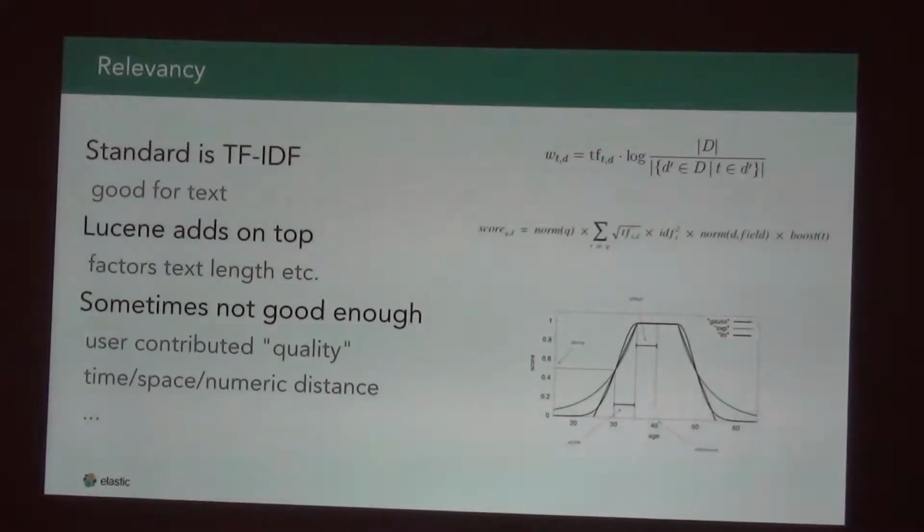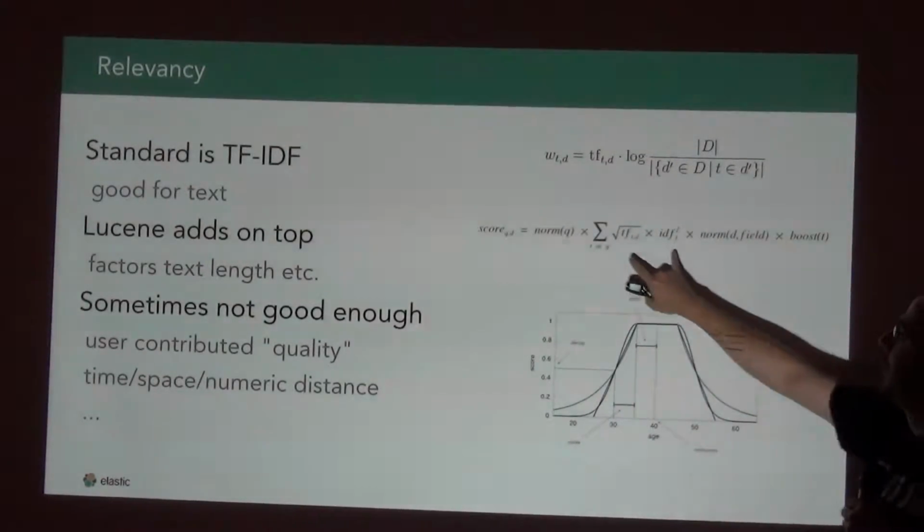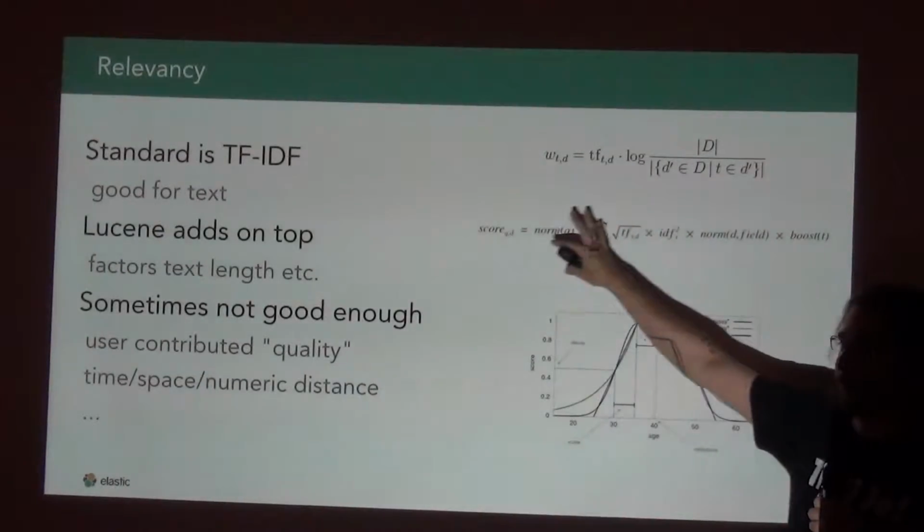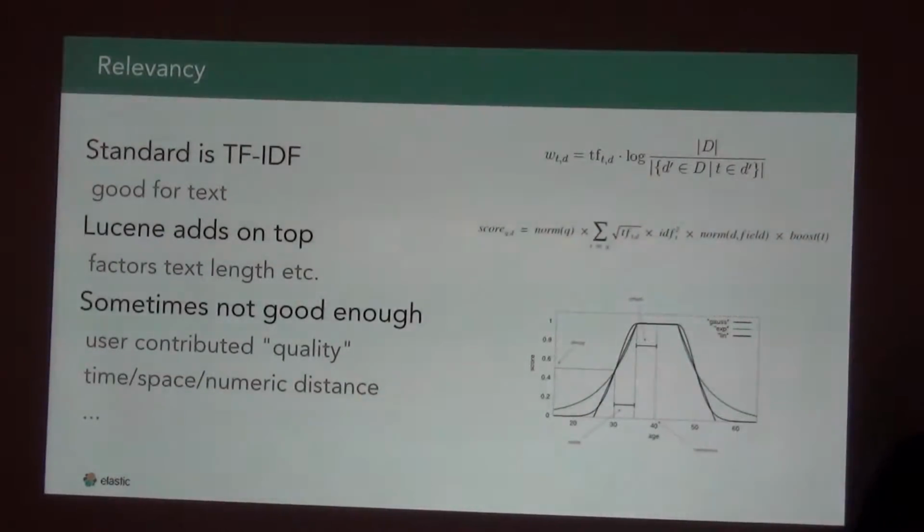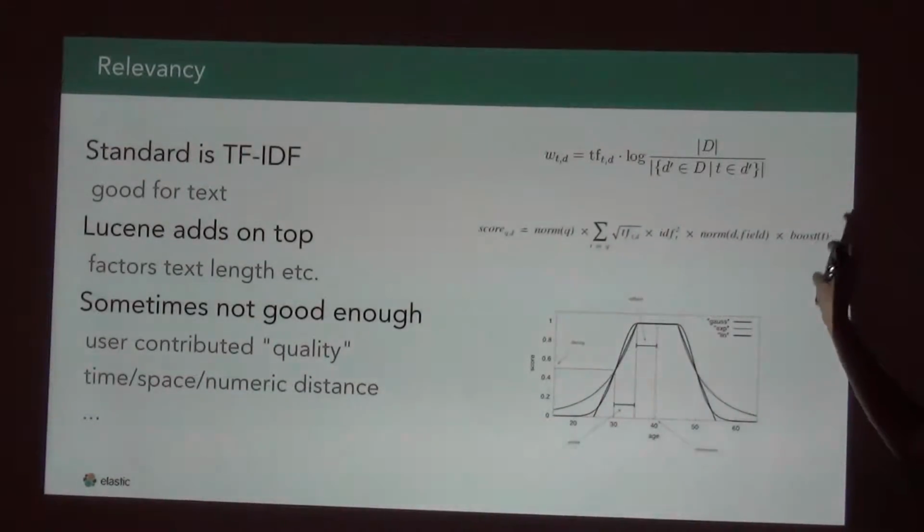So that's actually what this stands for. This is the TF, and this is actually the IDF. And we throw in a logarithm just for good measure because it makes the numbers look better. So that's the core of the formula. And you can see here, this is the actual formula that's being used inside of Lucene, which we'll not go into. If somebody's interested, we can talk about this afterwards. But these two things combined work very well for text. And if you don't know anything else about your data,